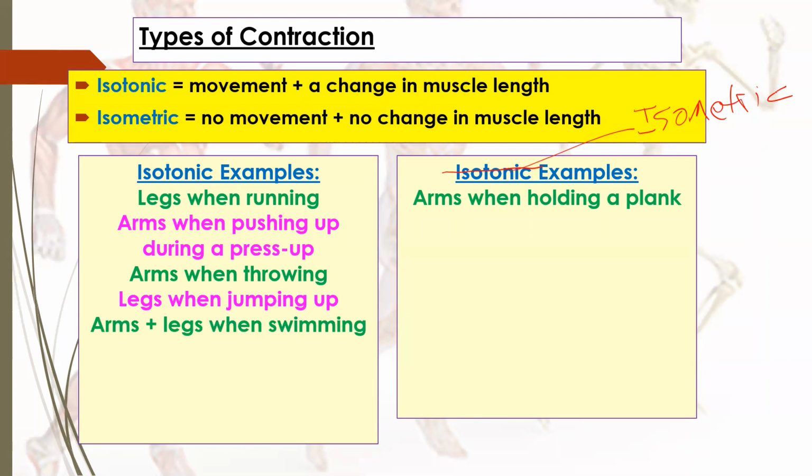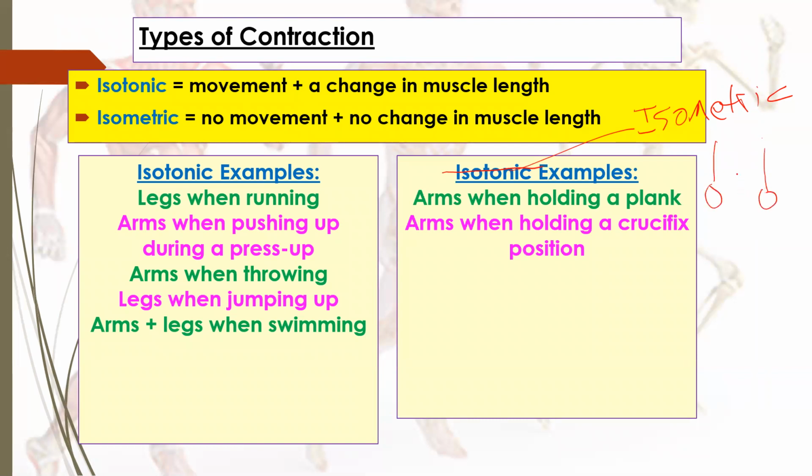The arms and the legs when swimming. So swimming is one of those sports that involves a huge number of movements and a huge number of muscles. It's what some people consider to be like a whole body exercise. So everything's working. Arms and legs are both moving, so there's change in muscle length throughout that technique. Then if we come to the isometric examples, things like arms when holding a plank, arms when holding a crucifix position. So crucifix position is, if you think of the rings